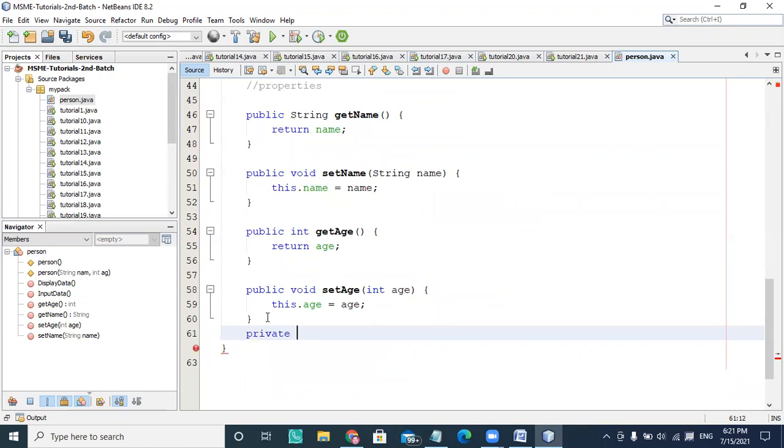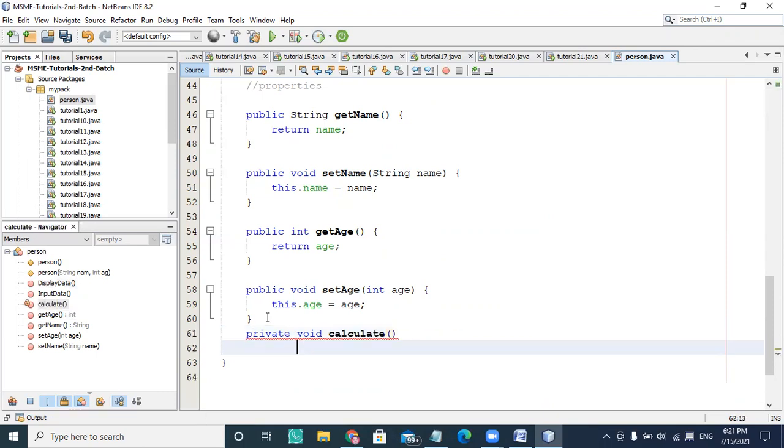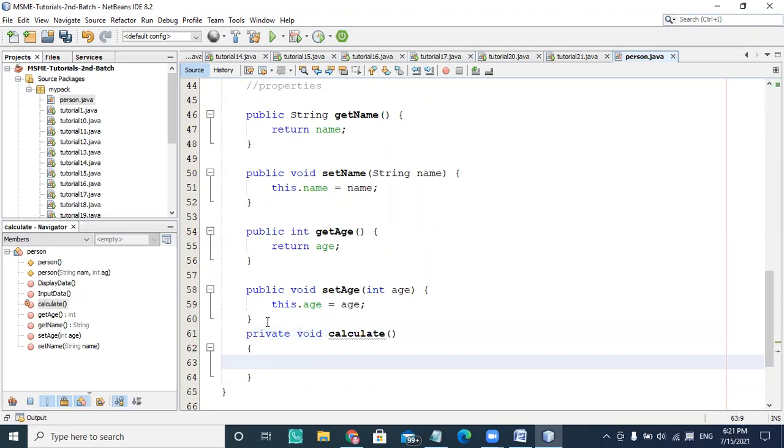So I'm simply writing private method, and here I'm writing calculate, with some statements I don't want to show. Any business logic I can put here, but it is private.